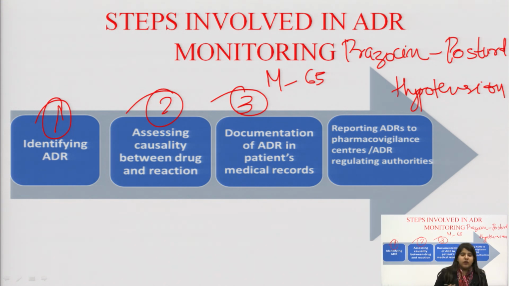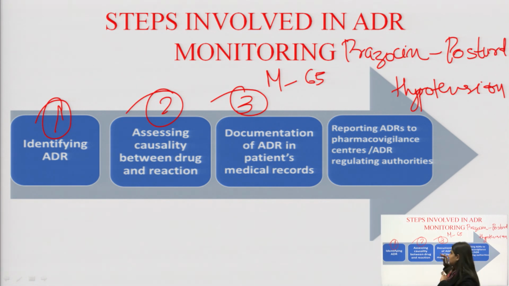Now, as you would know, whenever a patient is admitted into the hospital, he or she has a whole file, wherein from the first point when he was seeing the doctor, the first prescription is kept, and along with that all the documentation about the patient history, medication, everything is present in that file. So, in that file we document that the patient is suffering from an ADR. That is the primary step to do. So, first you have to document the ADR, right.